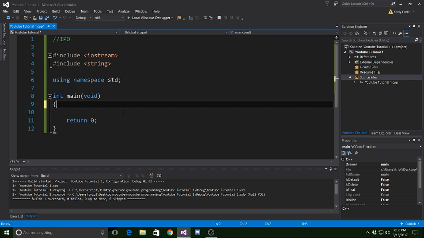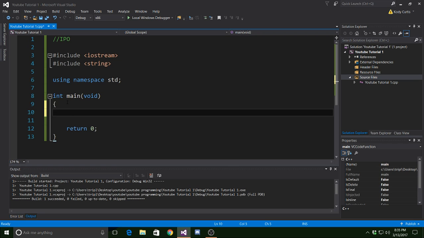Alright, so next what we are going to do is how to actually declare a variable, where to declare variables, and how to initialize variables. Alright, so right here in the int main, there is all kinds of data types, and you can create your own, but that is way later. Don't even worry about creating your own, because you have to understand how and what and when to use these